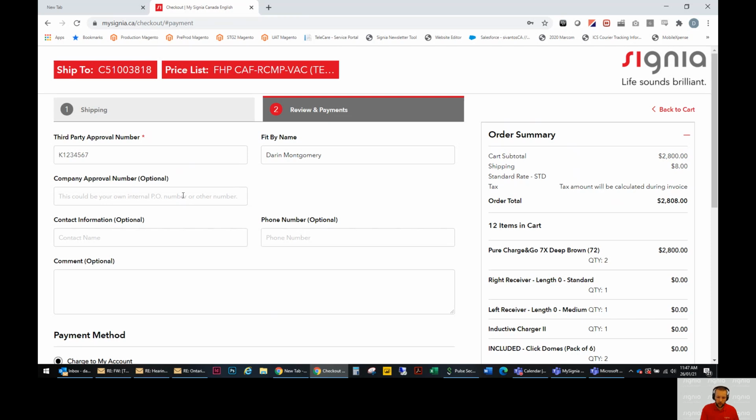This company approval number, again, this is optional. So the little helper text here says that this could be your own internal PO number or other number. So some clinics do have their own ordering system, and we just wanted to give them a spot to type in that number. The contact information, one example I give for this one is if the audiologist is prescribing